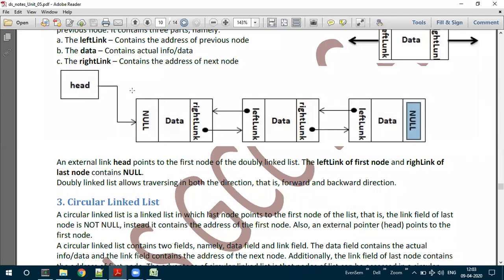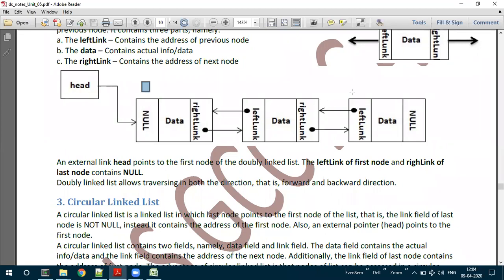Since the node at the first position has no previous node, the first node's link field, that is the left link, should be updated as a null value, indicating that this is the first node.